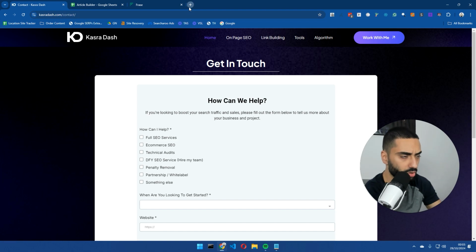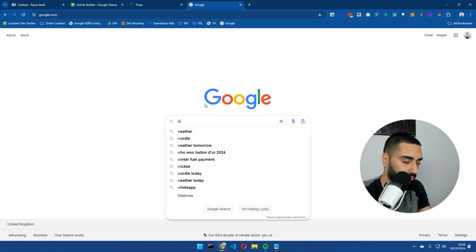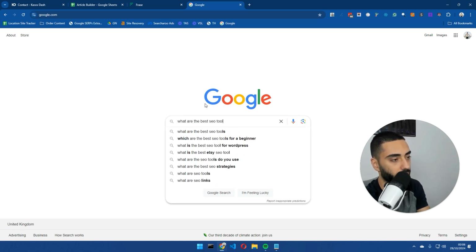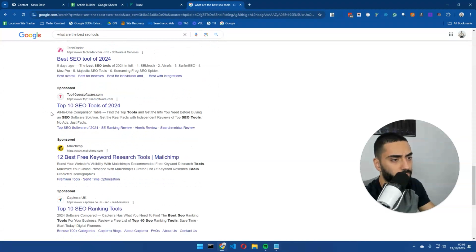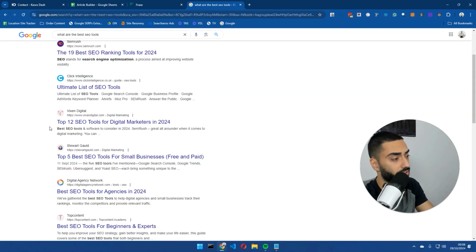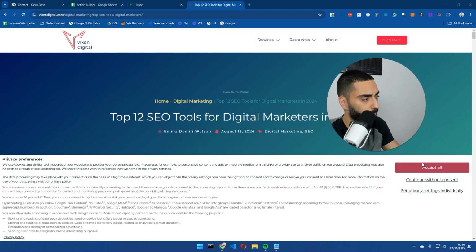So let's actually take a look at a page that is not performing, right? So if I was to do, let's say, what are the best SEO tools, right? We could go to, like, let's say page number 4 or 5. And by the way, you can do this for literally any keyword that you want. So for example, if we were to do like 12 of the best SEO tools for digital marketers in 2024,